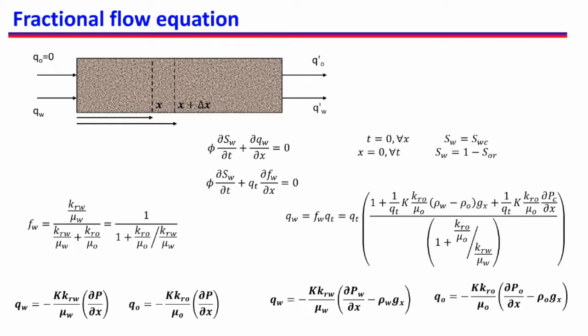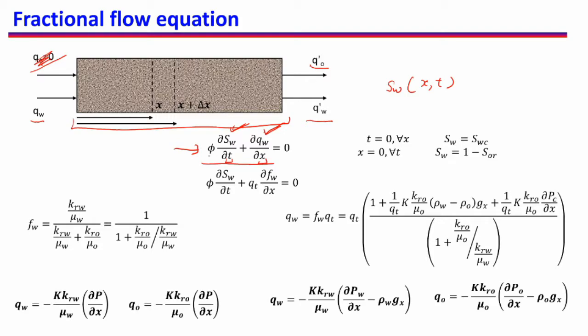So we have derived this mass balance equation which is dependent on Sw and Qw, and our motive is to find Sw as a function of x and time. We have this one dimensional flow in a porous medium where we are injecting water and we are producing water and oil. So this is the mass balance equation, but you see it has a dependent variable Sw and also a dependent variable Qw. Independent variables are time and space x.